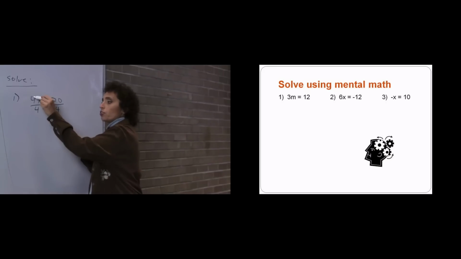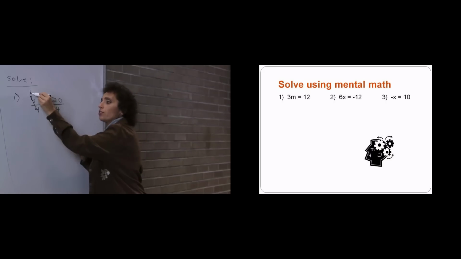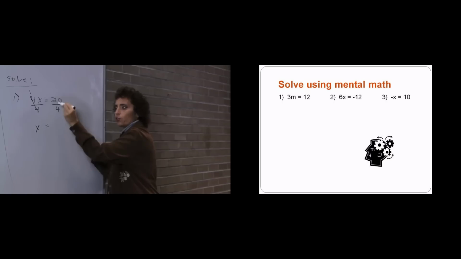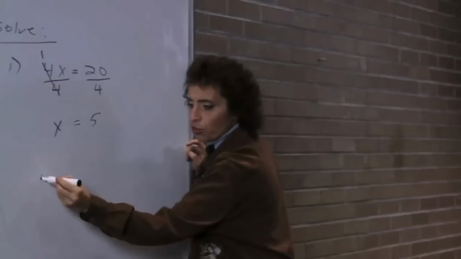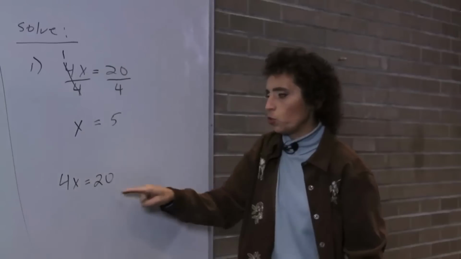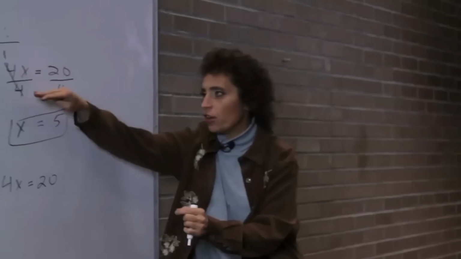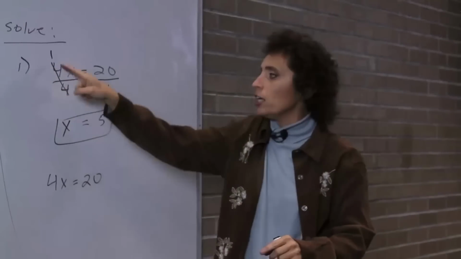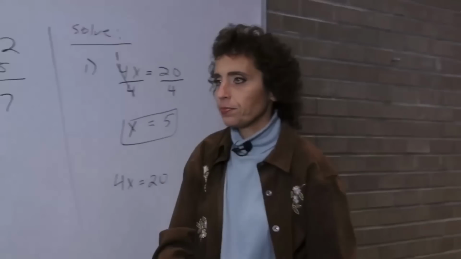When I reduce this, a positive divided by a positive, if the signs are the same, that's the only way I'm going to get a positive 1x, which is what I want. That's positive 1x or just x. And 20 divided by 4 is 5, which makes sense because the original equation was 4x equals 20, and 4 times 5 is 20, so the answer is 5. So I'm doing the opposite operation, meaning division, but I'm keeping the sign because I need the same sign so that I get a positive 1x back. So let's try the rest of these.